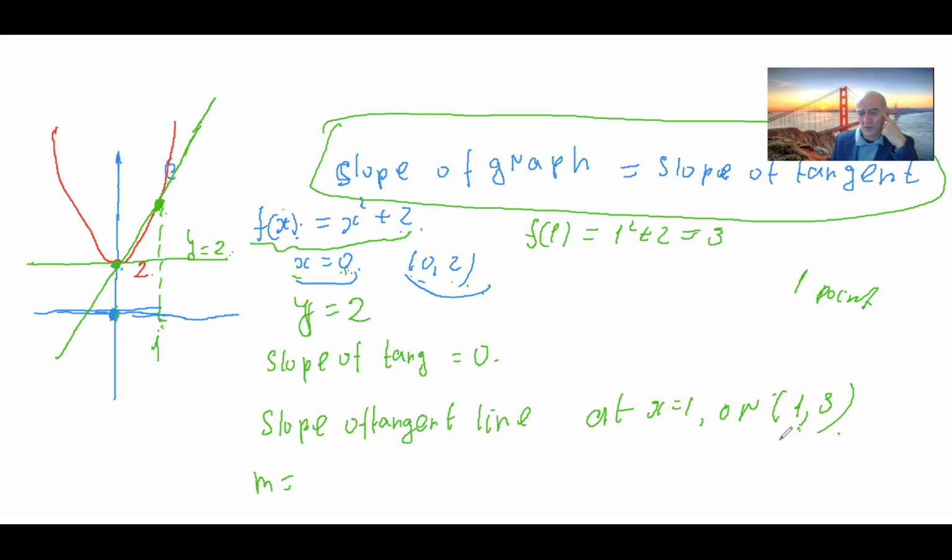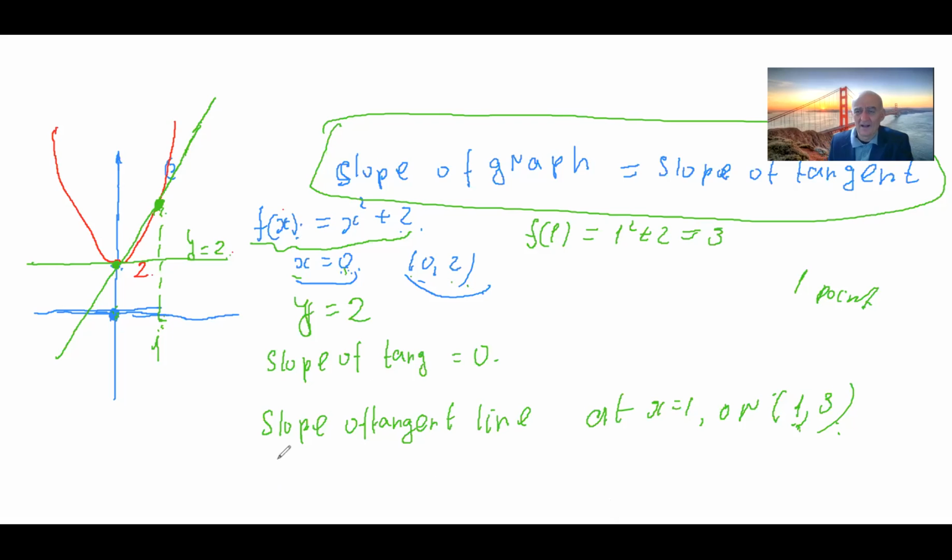Or also we can say at the point 1, 3. Maybe it will be the derivative of the function. So, in fact, we need first to find the derivative of the function,